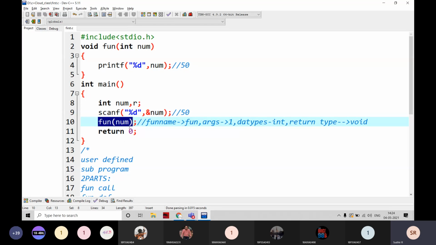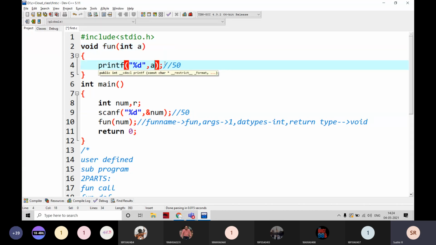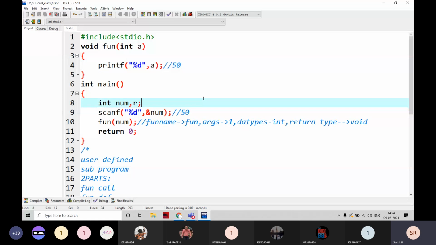Okay. Now I'm writing num here, and a here, and I'm going to try to print a. When we are conducting a test for drive ready selections, we write like this.